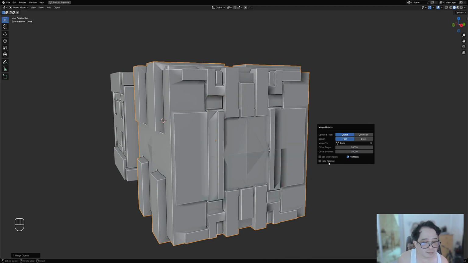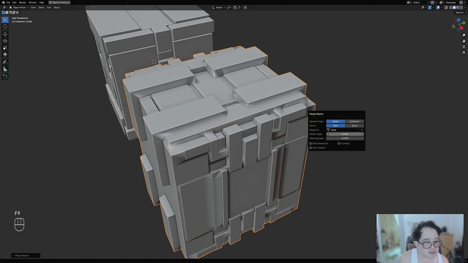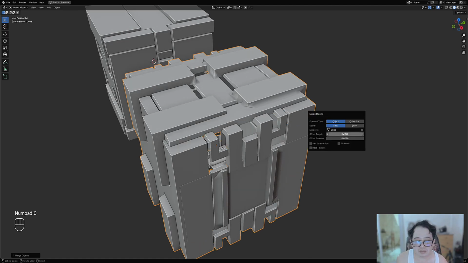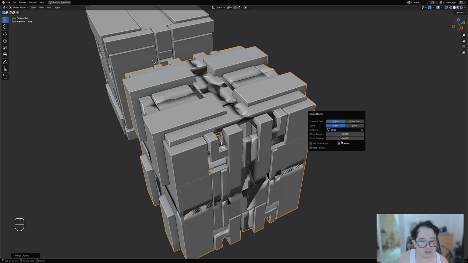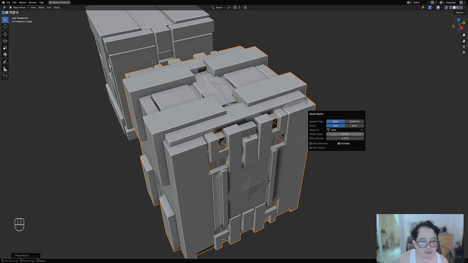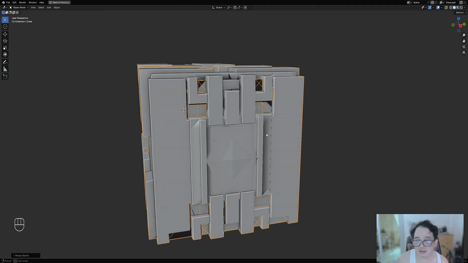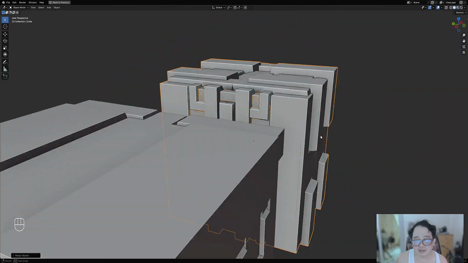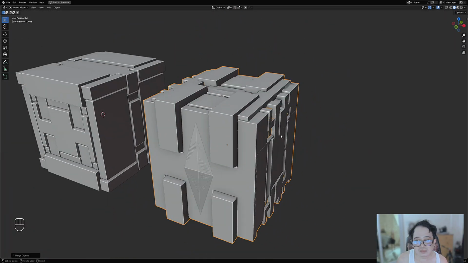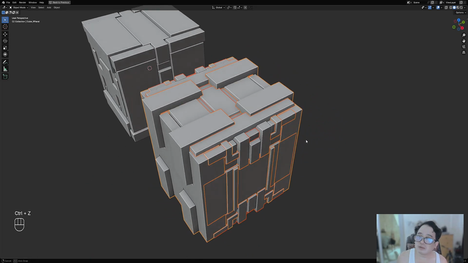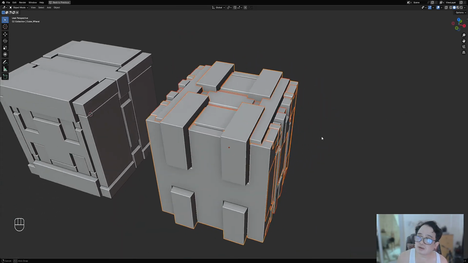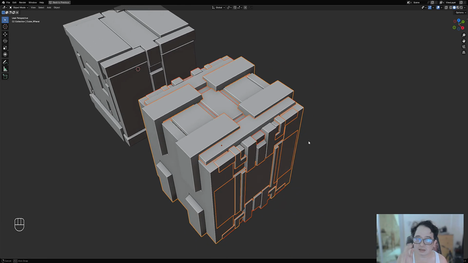No. So it's not because of the nature of Booleans. This is really sometimes it works, sometimes it doesn't. Zero, fill holes, zero here as well. Okay, probably not. So what you can attempt though is just join it,